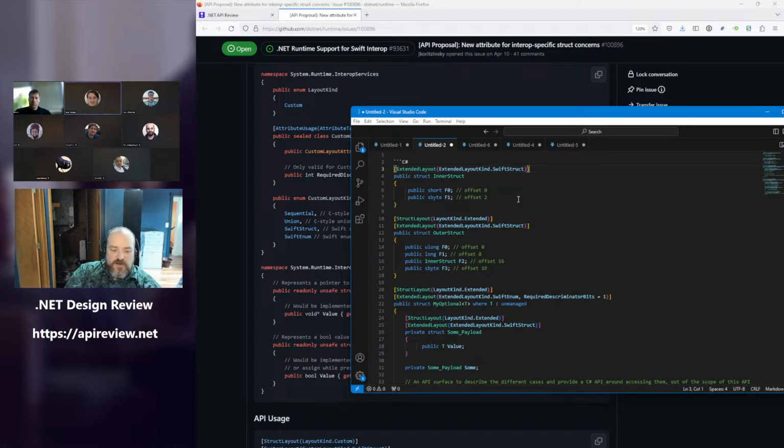And then in your opinion... it is worth noting that the language... Go ahead, Tanner. I was going to say the language does allow partial structs with fields, just like it allows partial classes with